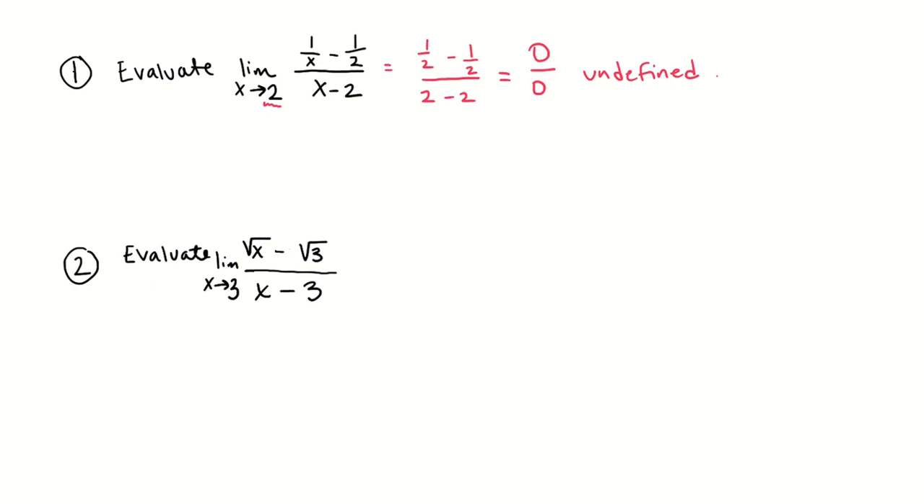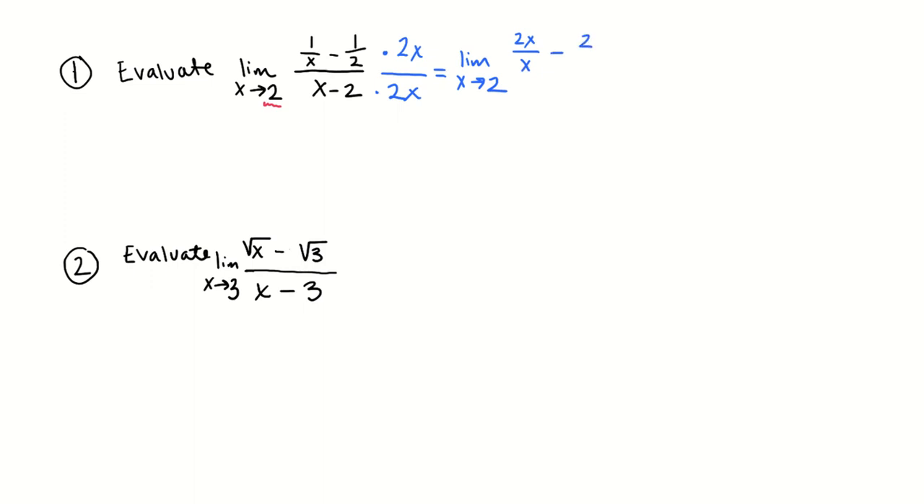So what we should try first is to clear fractions out of this equation. Now you could get a common denominator and then simplify. This is just one way to do it. So to clear those fractions, I need to multiply by a 2 and an x. And if I multiply by that on the top, I have to multiply by that on the bottom as well. Multiplying, I get the limit as x goes to 2 of 2x over x minus 2x over 2